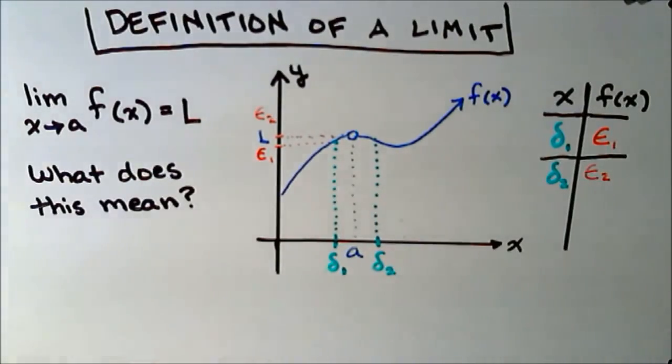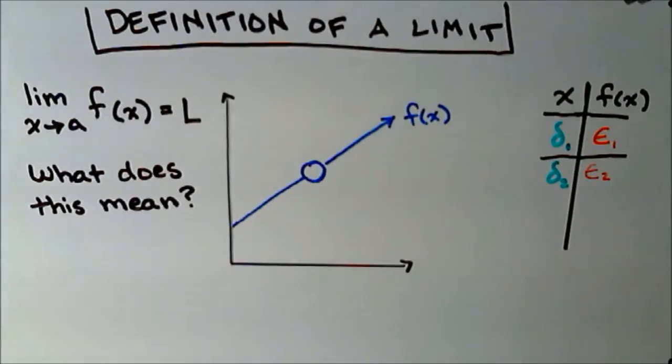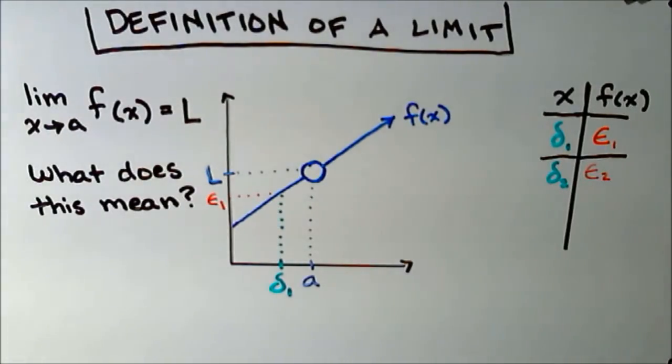Unfortunately, my picture doesn't make it easy to see this on the graph of the curve. What if we zoomed in on that hole in the function? Zooming in super close to any function's hole reveals that if the limit exists, the function line will either be sloping upwards like this, sloping downward, or will be horizontal. Again, if it were legal to plug x equals a into f of x, we would get